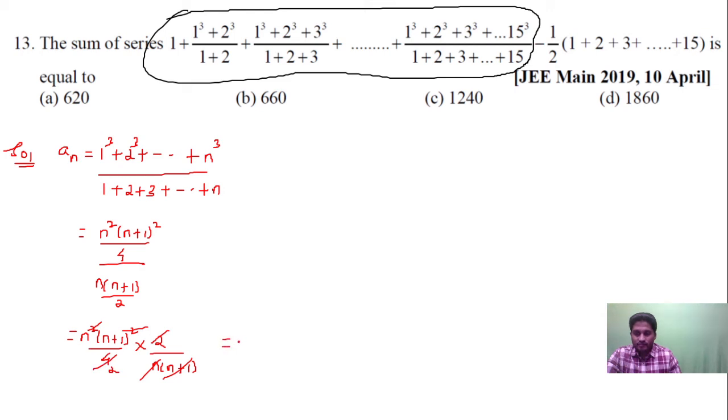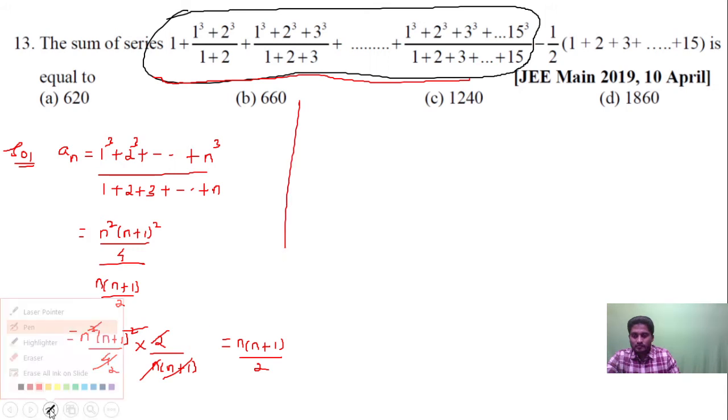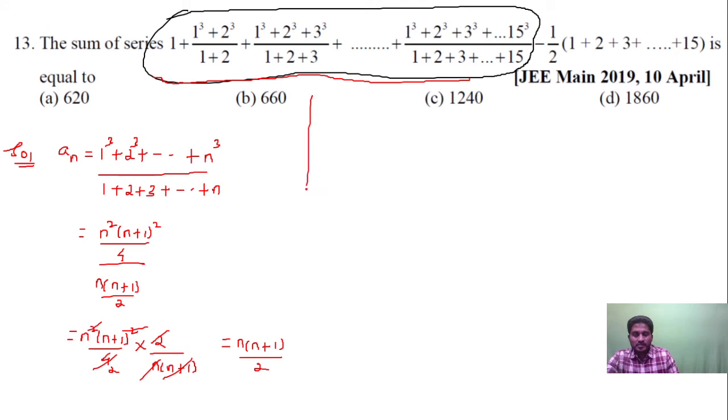This will be equal to half of n into n plus 1 divided by 2. Now what I have marked with that ink, I found out the nth term. Now this given series will be equal to,